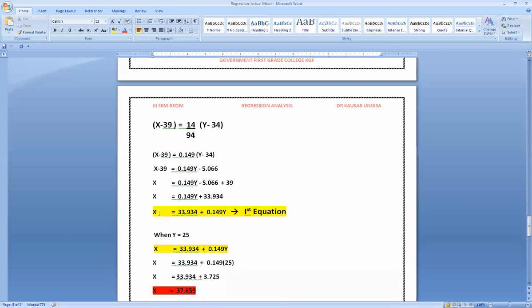Now the equation: first we write the numbers, then the variables. However you feel, you can write the equation. It will remain as it is here before this one step, or you can write it as x equals 33.934 plus 0.149y. When you are going to calculate, when you are going to substitute the value of